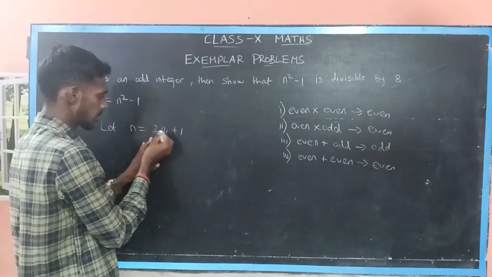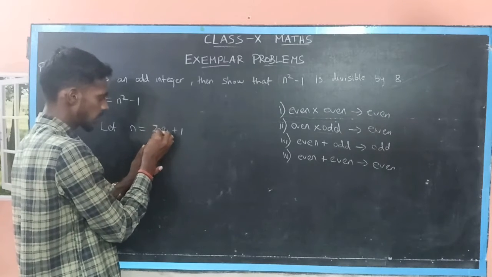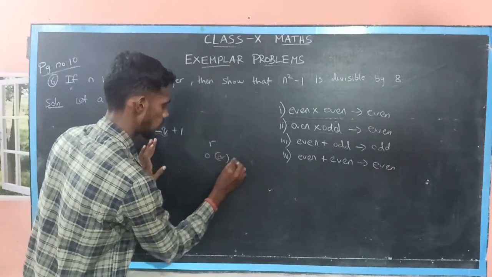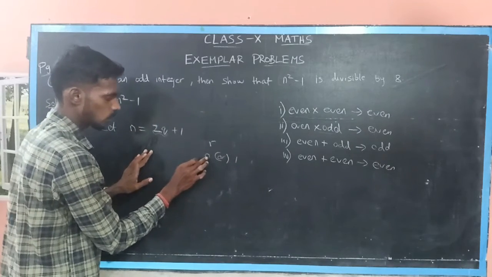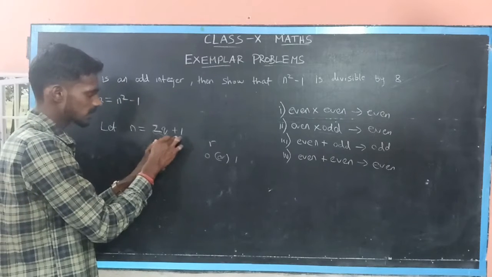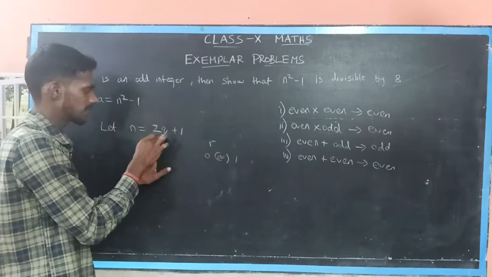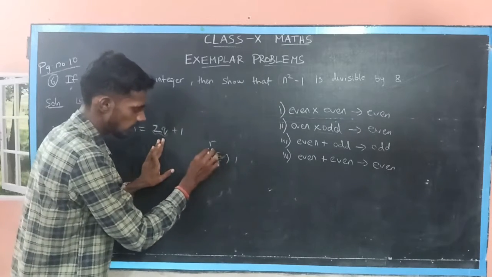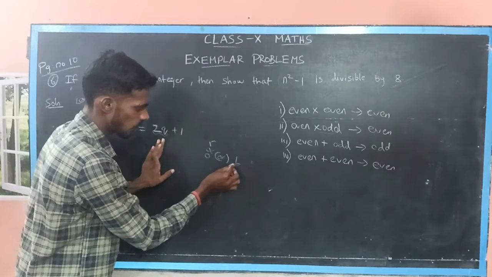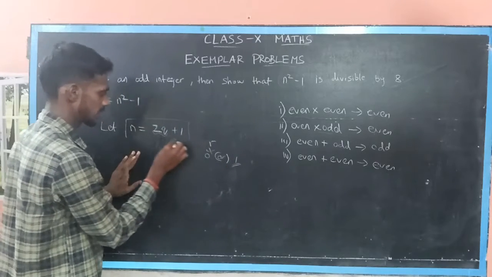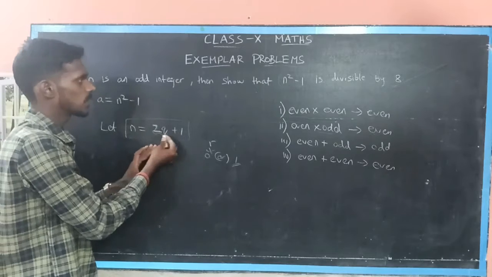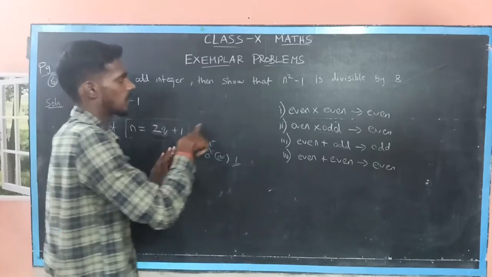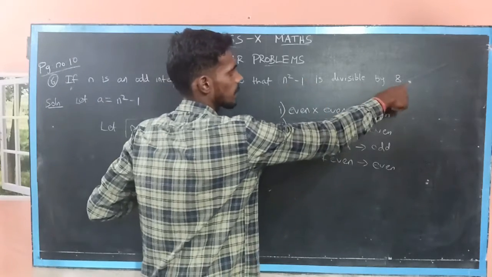According to Euclid's division lemma, here the b value, that is the divisor value, is 2. So, the values of r can be either 0 or 1. Okay. But when I put the r value as 0, 2q plus 0, even plus 0 becomes even. So, this is contrary to the fact that n is an odd number. So, I am going to neglect the value of r as 0. Only taking the value of r to be 1, I will get this condition. But this condition is not sufficient to prove this solution, because when I substitute the value of n to be 2q plus 1, I cannot get the factor as divisible by 8.